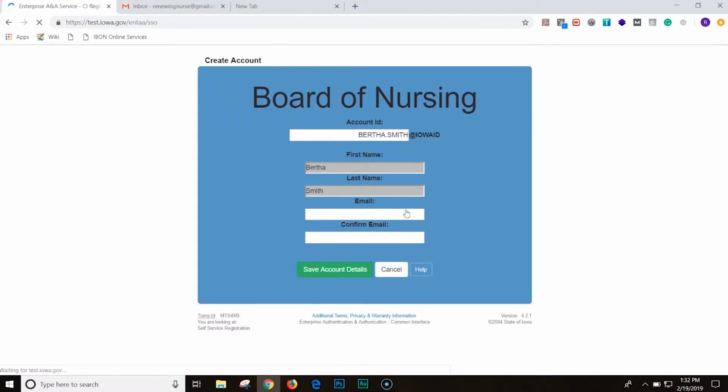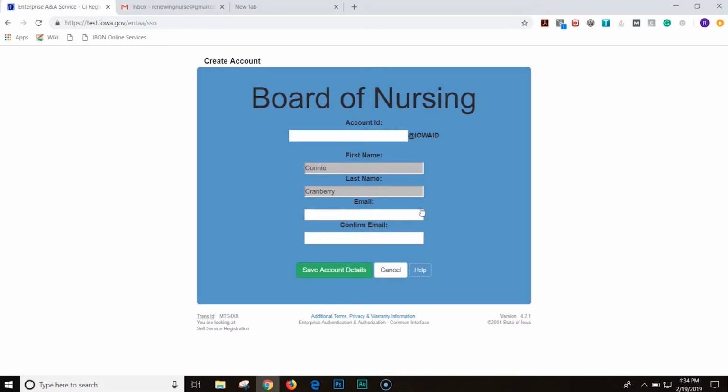Click Register. The registration automatically combines first and last names into a suggested user ID and appends @IowaID if it is not already in use. If the ID field is blank, the ID has already been used and you will need to create your own account ID. Anything can be substituted ahead of the @ sign, but the ID is permanent, so it will need